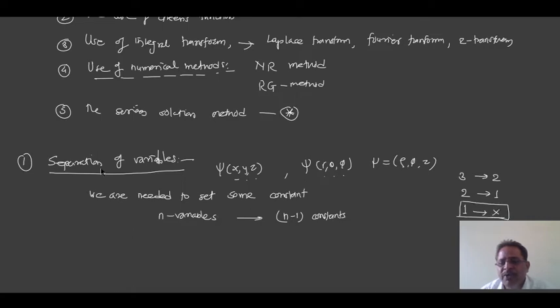So this is how we decide how many constants can be set in these equations and solutions, and this constant plays a very vital and important role. When we go for the actual Laplace equation in the spherical polar coordinate system, we will come across these constants. In the vector model we use three quantum numbers: the principal quantum number, the orbital quantum number and the magnetic quantum number. These three quantum numbers are actually the constants which we put in when solving the Laplace equation in the spherical polar coordinate system. More about this we will see somewhat later on.